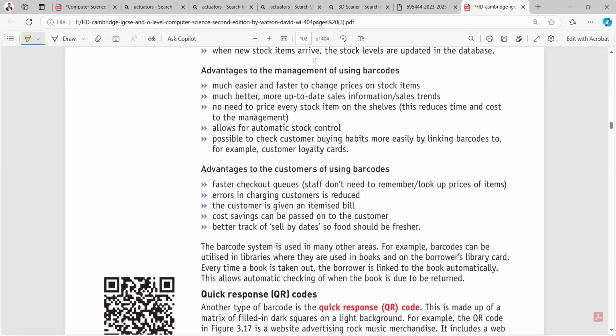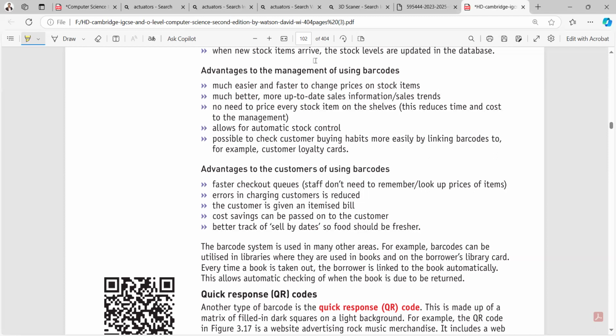मैनेजमेंट को ये भी है फास्टर है, इजियर है, आसानी से आपकी सारी चीजें अपडेटेड रहती हैं। और अगर मैं हर एक प्रोडक्ट के ऊपर एक प्राइस टैग लगाऊं और सिमिलरली मुझे उस प्राइस को चेंज करना हो, तो क्या मैं दोबारा वो सारी शेल्फ पे जाके वो सारे स्टिकर उतार के लगाऊंगा? दिस इज नॉट द केस। अगर आप बारकोड इस्तेमाल कर रहे हैं तो सारी प्राइसेस को आप अपडेट कर सकते हैं, आप डिस्काउंट ऑफर्स कर सकते हैं। यू कैन ऑल्सो ब्रिंग लाइक सम कस्टमर लॉयल्टी कार्ड्स एज वेल।